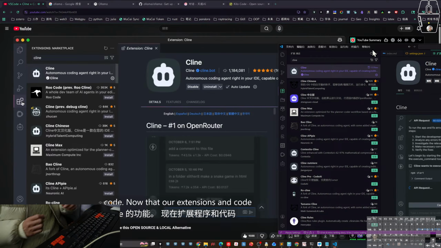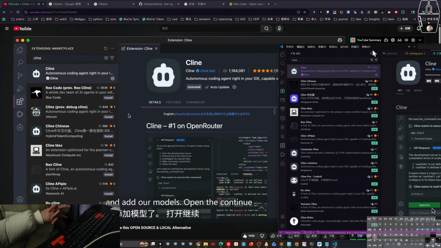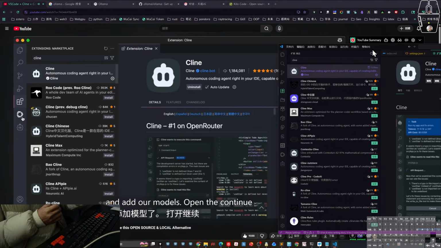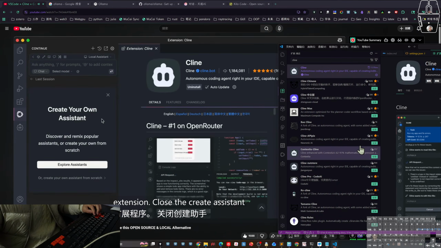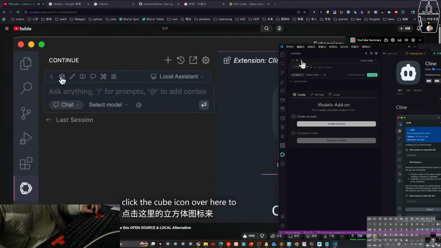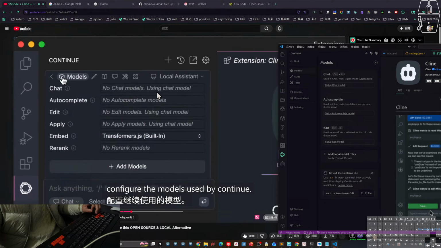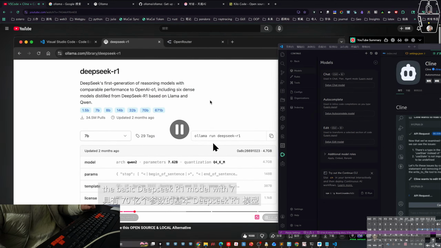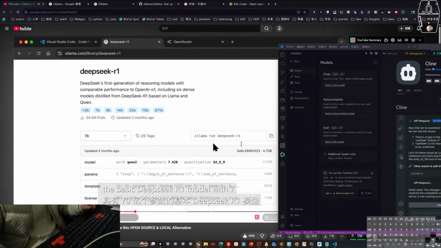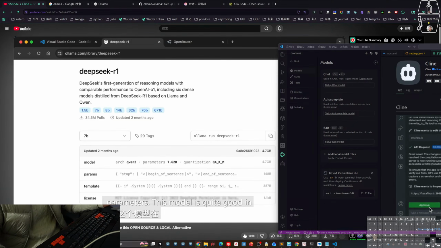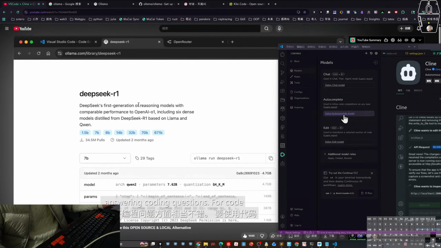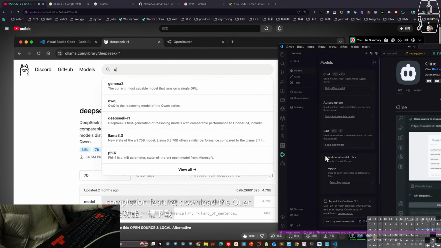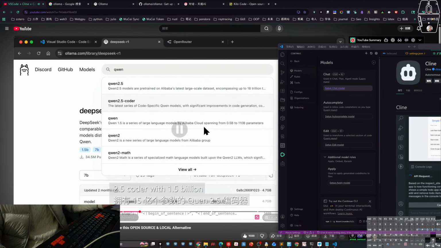Now that our extensions and code editor are installed, we can configure and add our models. Open the Continue extension, close the Create Assistant modal as you don't need it, and then click the cube icon over here to configure the models used by Continue. The models for Continue will be provided by Ollama. For the chat mode, you can use the basic DeepSeek R1 model with 7 billion parameters. This model is quite good in answering coding questions. For code completion feature, download the Qwen 2.5 coder